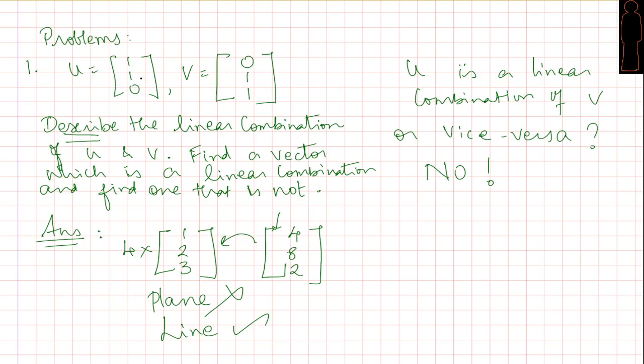Therefore, these two vectors are not linear combinations of each other, and therefore u and v, if we take their linear combination, it will give us a plane. And where will this plane be? This is in R3. Now how do I know R3? Because these vectors had 3 dimensions and obviously they must be vectors in R3. So when I pick up the linear combinations of u and v, it will describe a plane in R3 and not a line in R3.